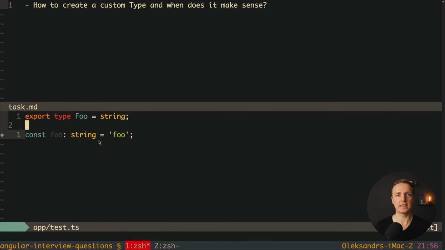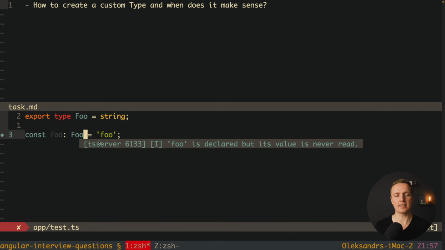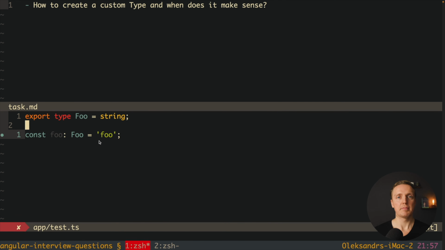This is why a lot of beginners are wondering, why do we need a custom type at all if we simply take a type that already exists? It doesn't make any sense to have here a type foo if we can just write here a string. But here are two cases when you need custom types. And first of all is readability. This is the same if we are comparing just plain JavaScript objects and interfaces. We're using interfaces to describe our entities. So we're not working with the object of ID, name and age, we're working with user interface. This is much clearer for us.